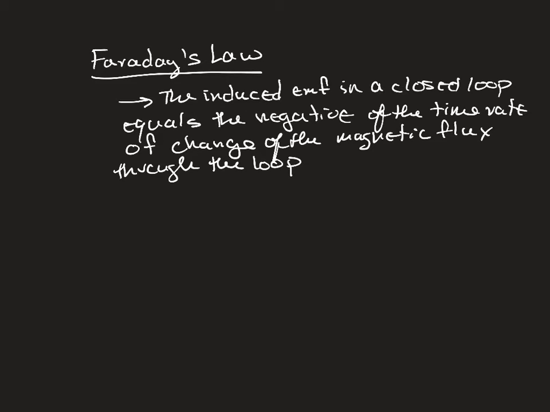So in equation form, it's going to look like this, where the EMF equals the negative, and I'm putting an N out here because you could have multiple loops,